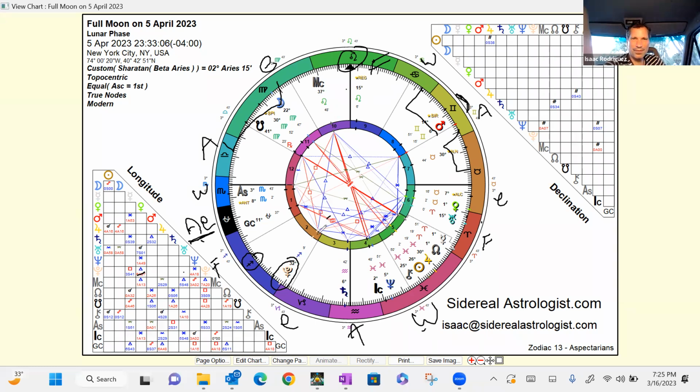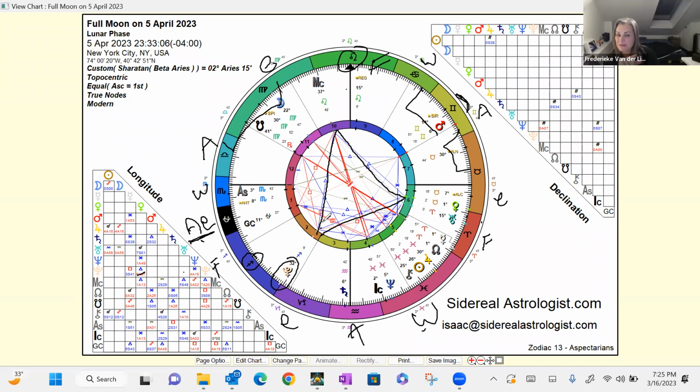So we have this Merkaba here, I mean, this grand trine going up. It's not a perfect Merkaba, but maybe it is. This is on the cusp between fire and earth. This is on the cusp between fire and earth. This is on the cusp between fire and earth. So the Merkaba